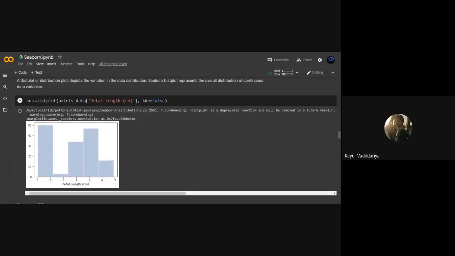KDE basically means kernel density estimation. We will see further what it is. So plotting the histogram of petal length, we get a chart like this, and you can see that bins are automatically created under the hood by Seaborn, and Seaborn gives the best possible view of your histograms based on your data.